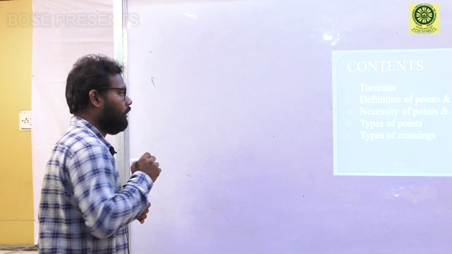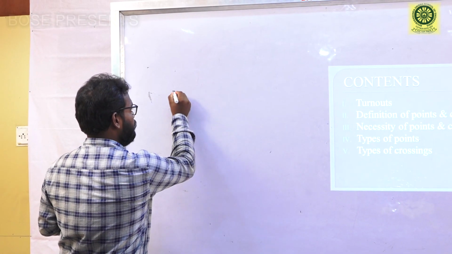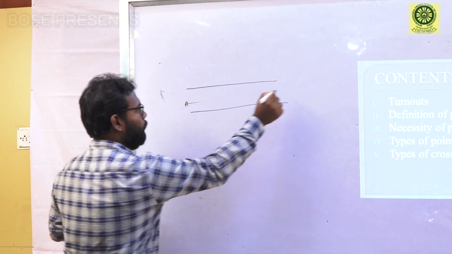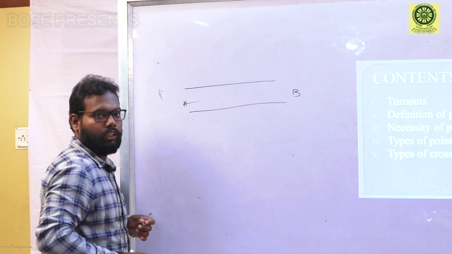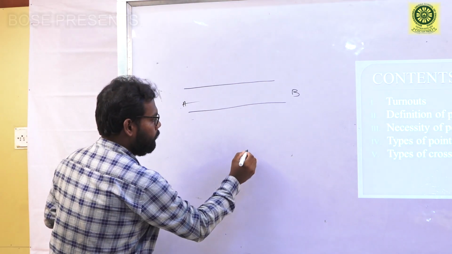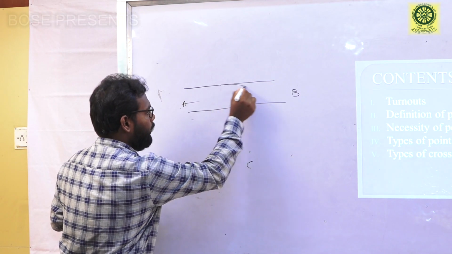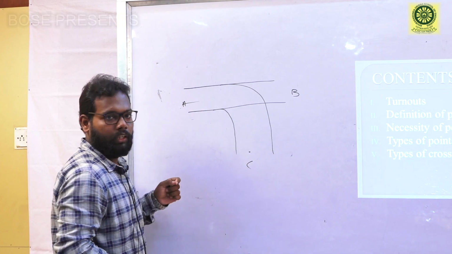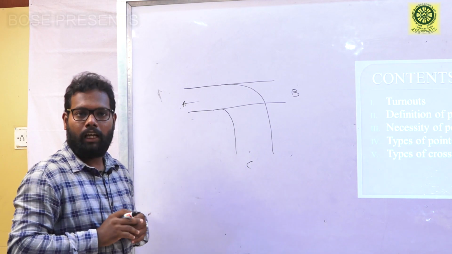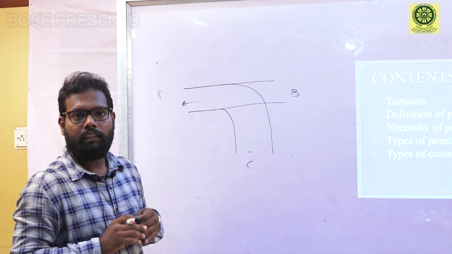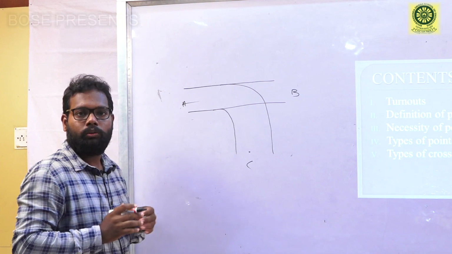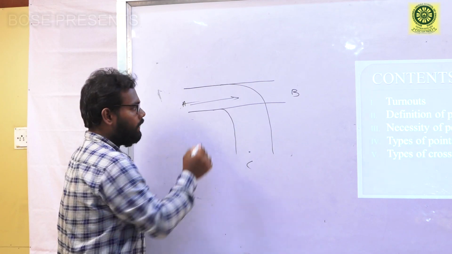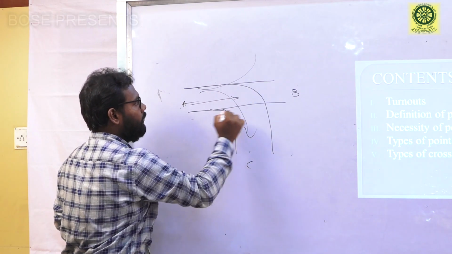In case of highway or roadway, it is easy to construct a road like this. If you need to move from point A to point B, then you simply construct a roadway like this. And if we move from A to C, then we can provide a horizontal curve and construct a roadway. And it is in the hand of a driver. He can easily steer the vehicle and choose his path, accordingly, if he needs to move straight, or right, or even left.